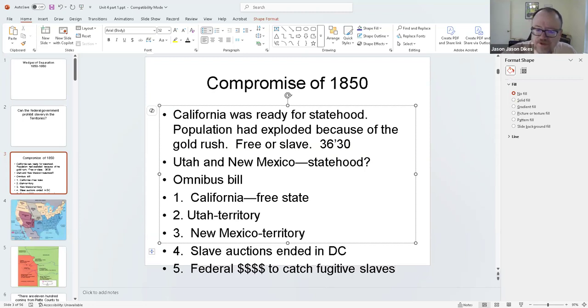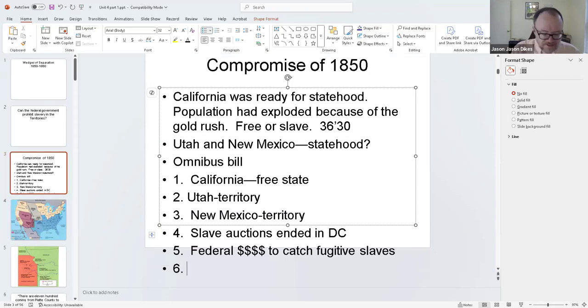This will lead William Lloyd Garrison, you might remember our abolitionist from Unit 3, to actually burn a copy of the Constitution in protest. And then sixth,